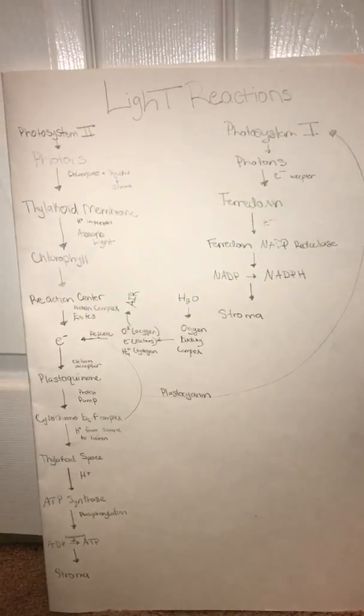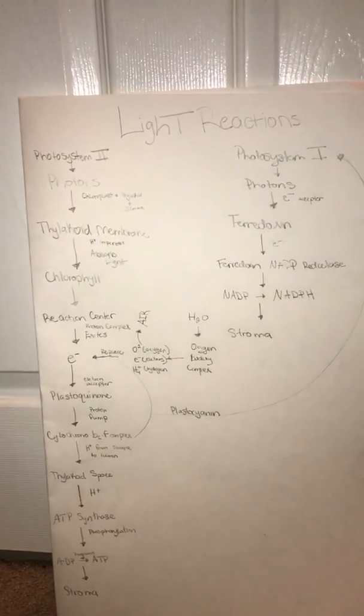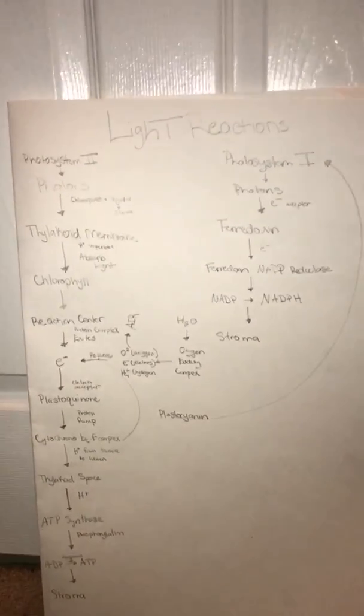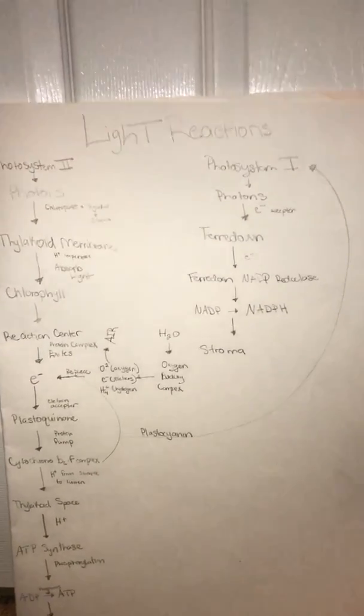Photosystem 2 takes place first, however, it was discovered second. That's why it's called photosystem 2. And photosystem 1 takes place after photosystem 2. So, in photosystem 2,